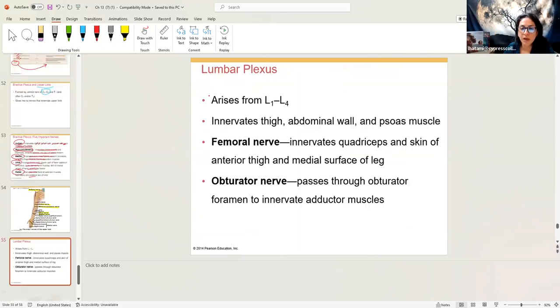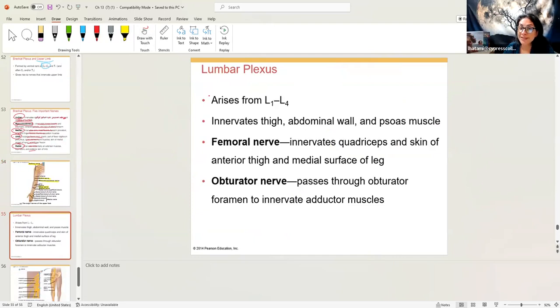Then we have the lumbar plexus, which the ventral rami of L1 to L4 are going to make. And also we have the branches coming from the lumbar plexus, which are going to innervate the thigh muscle, the abdominal wall muscle, and psoas muscle. But make sure you know only these two nerves, femoral nerve and obturator nerve, which simply femoral nerve is going